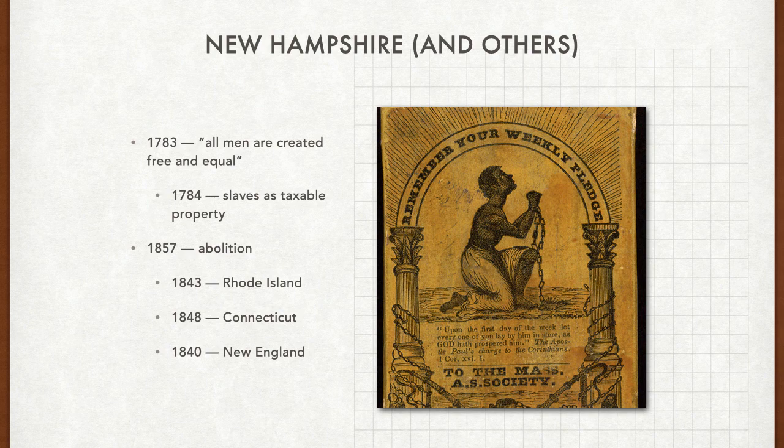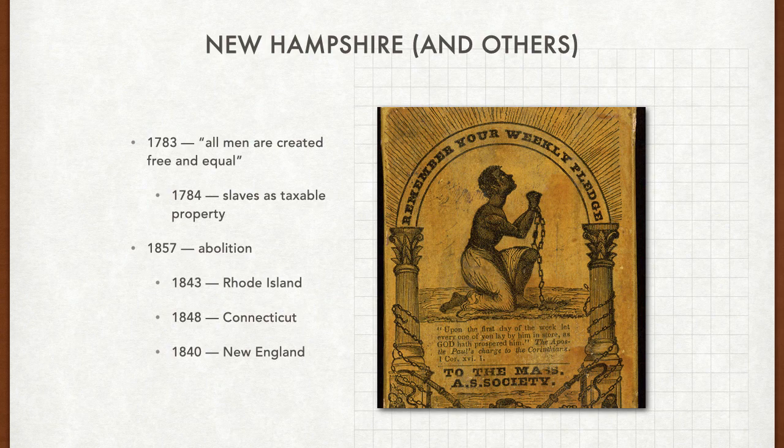Slaves continued to be counted on the federal census in New England until 1840. Now, you guys might be familiar with the census. We're doing it this year, right? Basically, every 10 years, the government counts who lives where, and that determines how many taxes your town and your state gets based on how many people live there. So it's very important to count yourselves in the census.